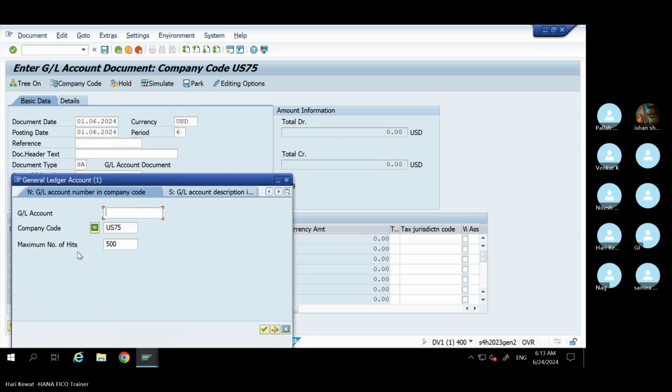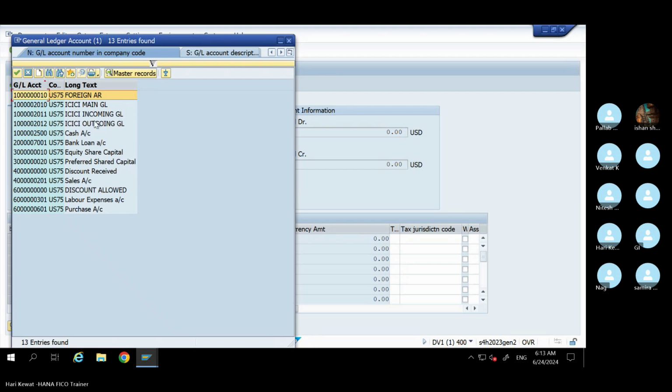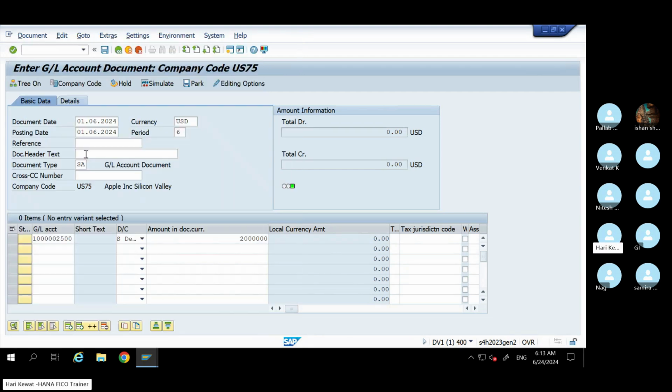Go here. Is there capital GL? Okay, here. Select the capital GL. Give it credit. Give here same amount. Okay, hit enter. See here, once you enter debit and credit,